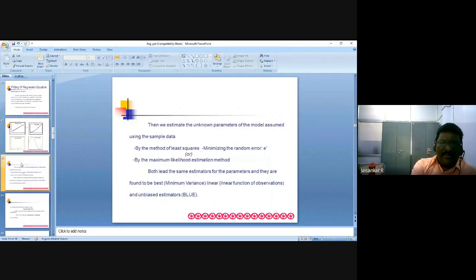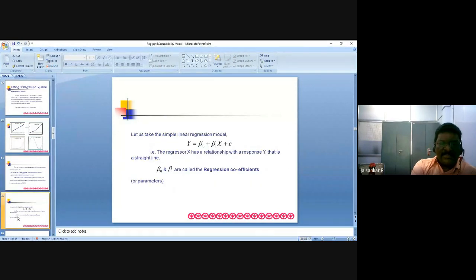But formulas are available for doing only linear regression. If the equation is not linear, then we can convert that equation into a linear equation by taking logarithms or by some means and do the same simple regression analysis. There are two methods. We can use either the method of least squares or the MLE method. I think both are not required in depth for you as far as your application standards are concerned.